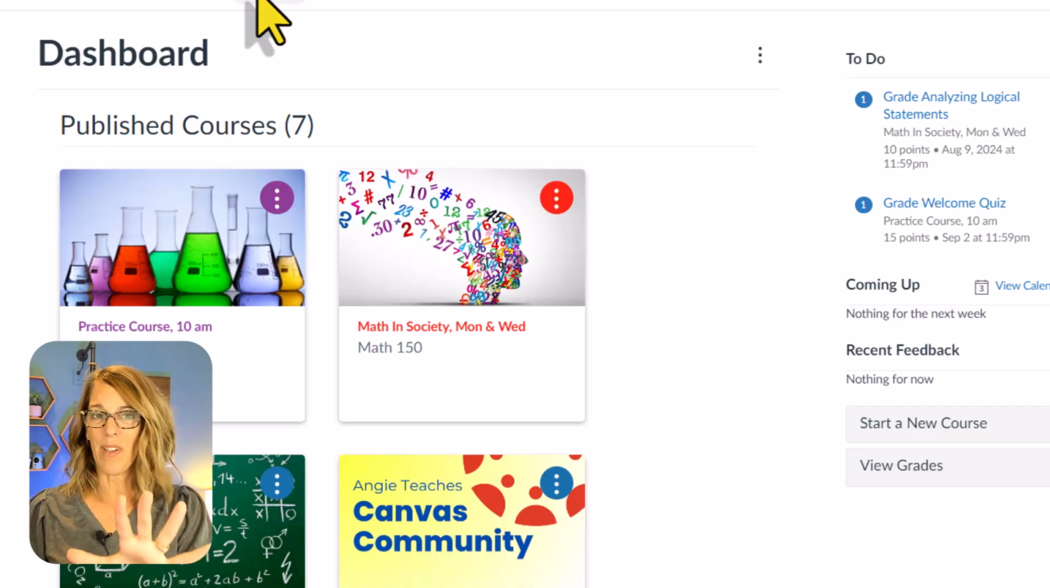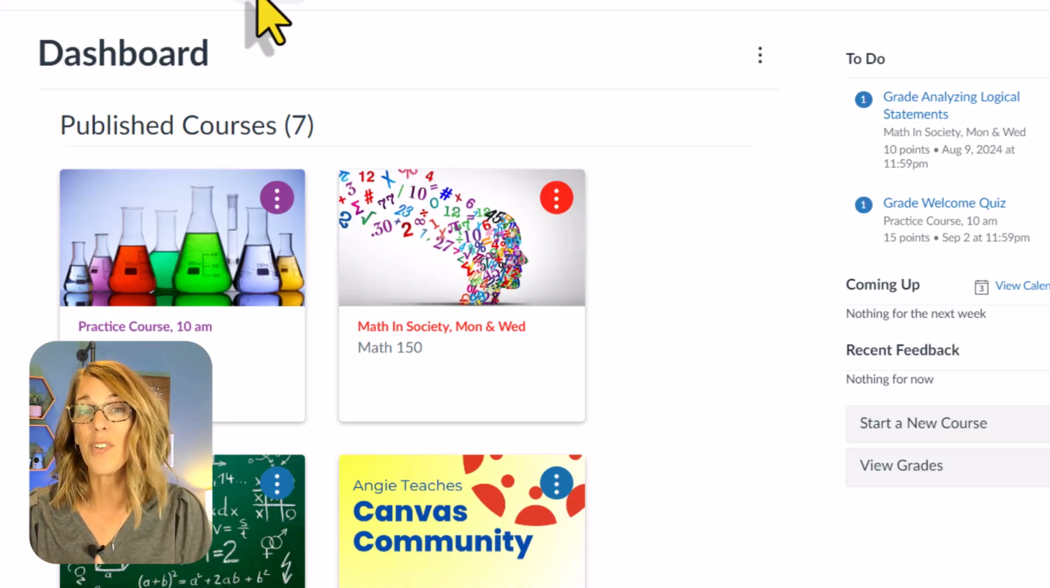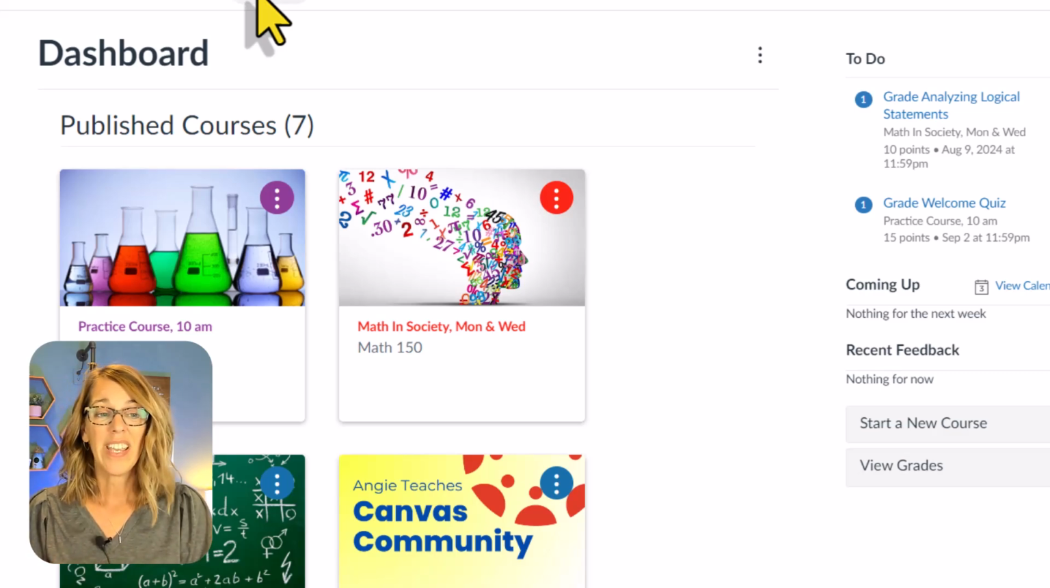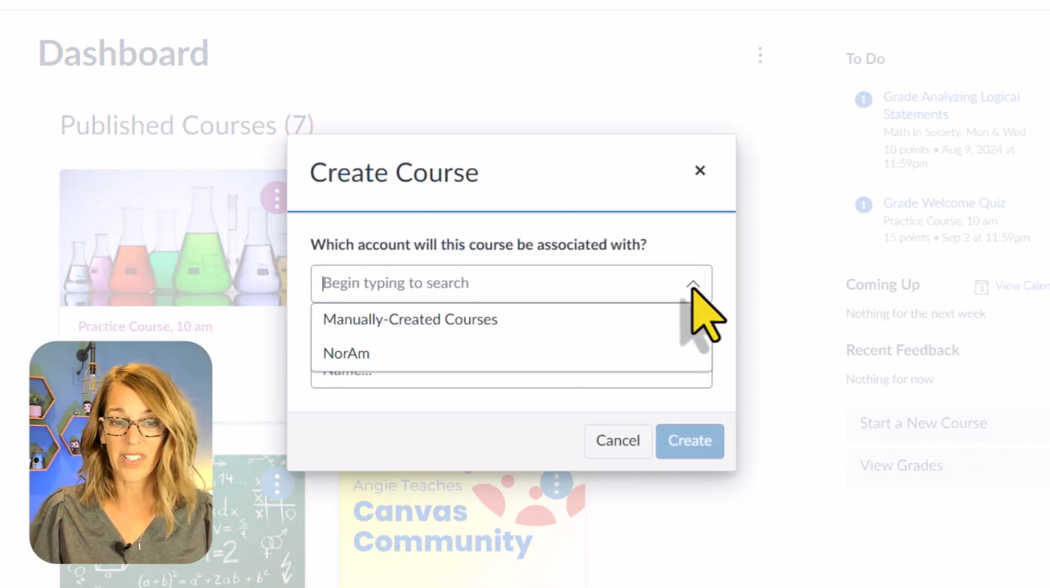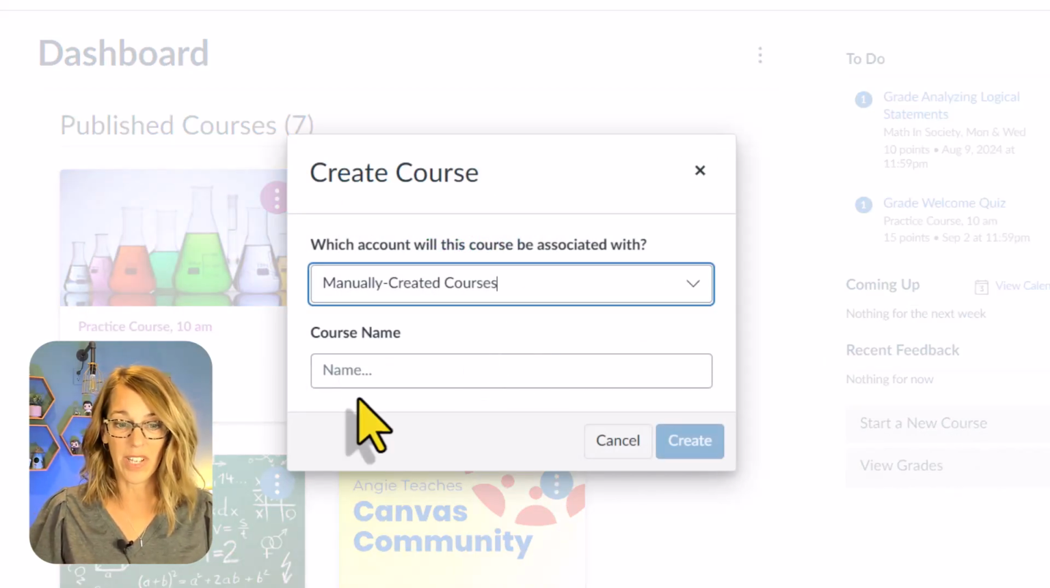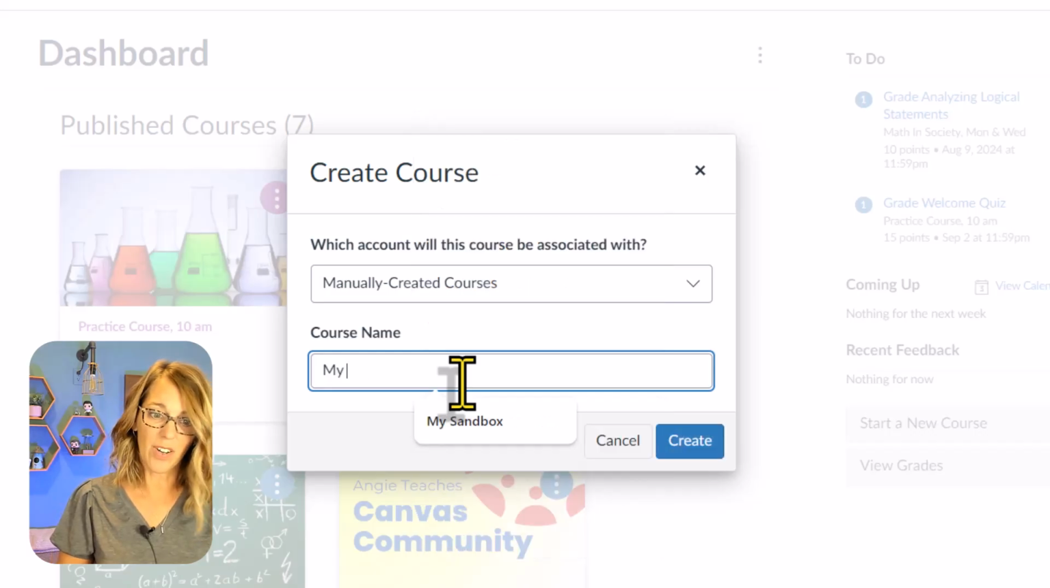Now, I'm starting here on my Free for Teachers account. We're going to start by creating a Sandbox, but you may or may not be able to. If you happen to have this Start a New Course in your dashboard, you can click Start a New Course. I am going to choose a manually created course, and I'm just going to call this my Sandbox. Now, if you don't have that option, I don't have that option in my institution's Canvas instance. So what I have to do is just to ask my Canvas administrator very nicely if he can create a